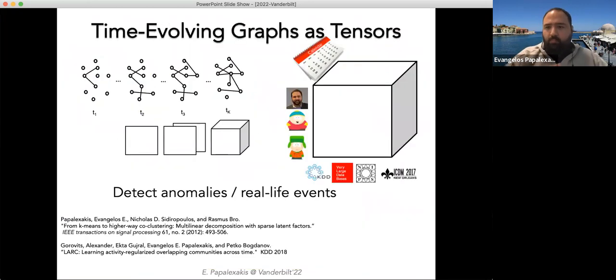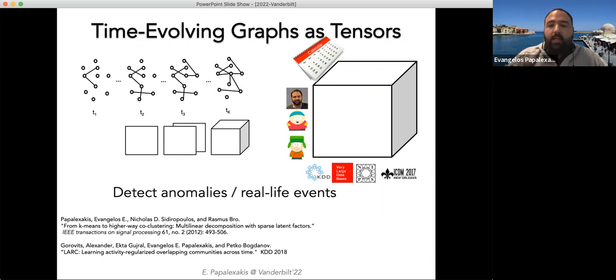Another thing I want to say by closing up the introductory stuff is that a number of things can be on the third mode. Here, for example, we can have time, where each one of the slices is a different snapshot of the tensor at a different time, right? And so maybe, if we have a time evolving graph, we can then understand the birth and the demise of different communities. We can understand whether some bursts in activity correlate to real life events or anomalies